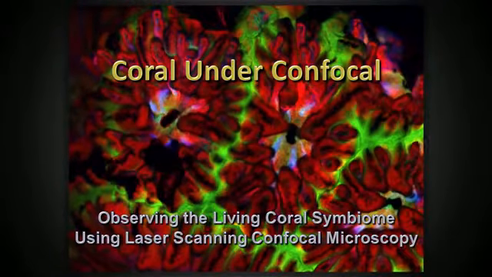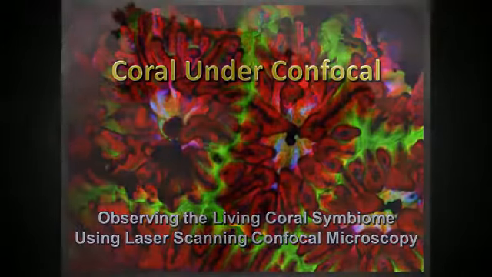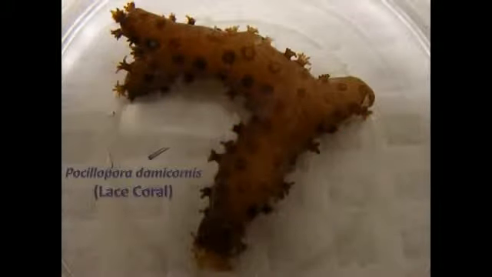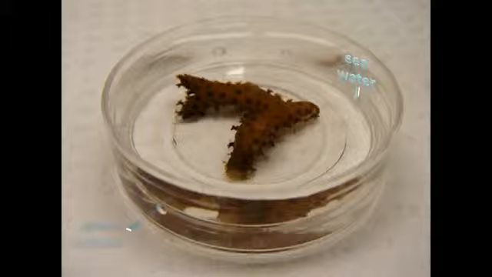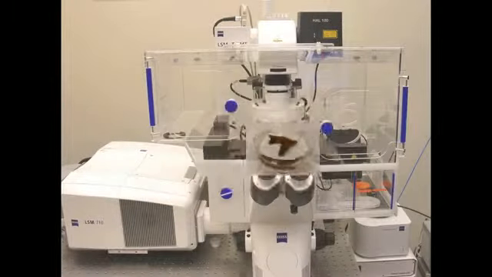Coral is not only an organism, it is an ecosystem, a host to a wide variety of organisms. It is what we call a symbiome. In order to better understand the coral symbiome, we use confocal microscopy, which allows us to observe the living coral